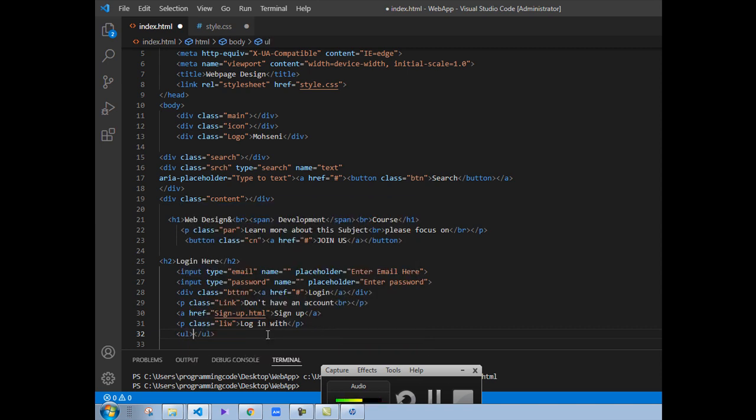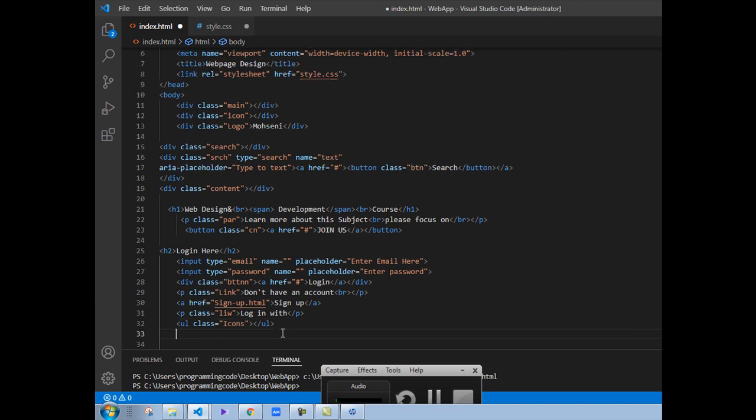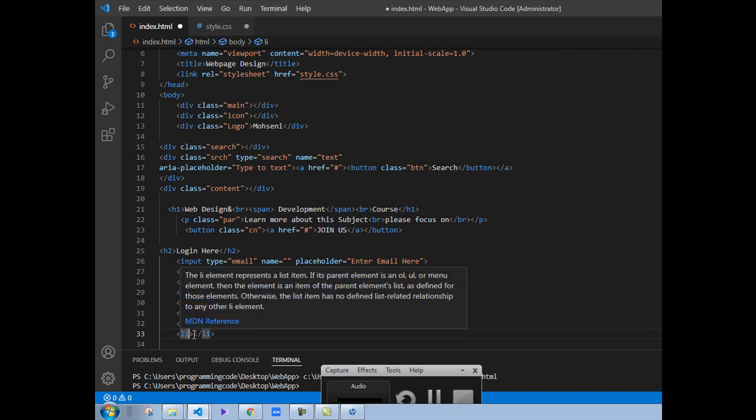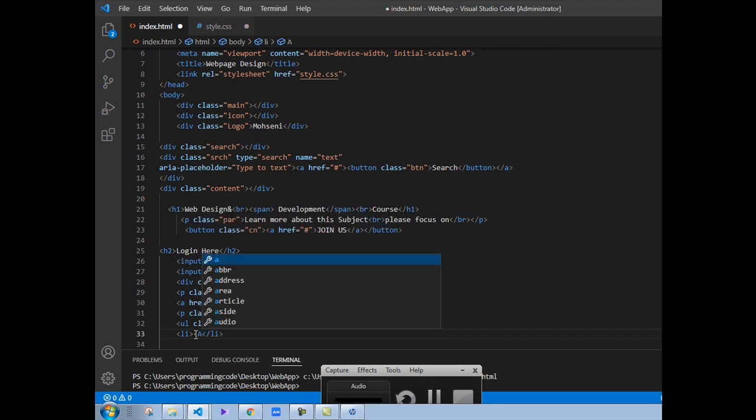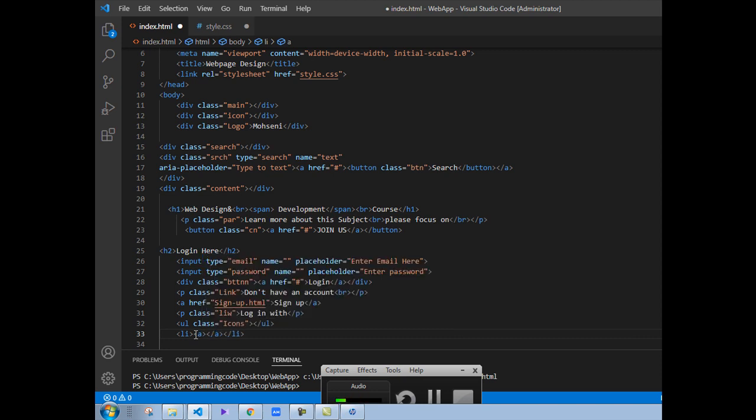Inside URL element, we have got the URL element class is equal icons, and we can li. Close the tag. Inside li, we can create can put element inside the element. We can create href is equal